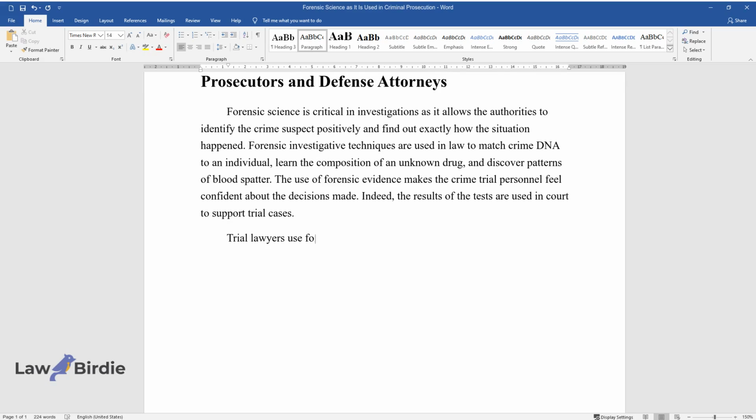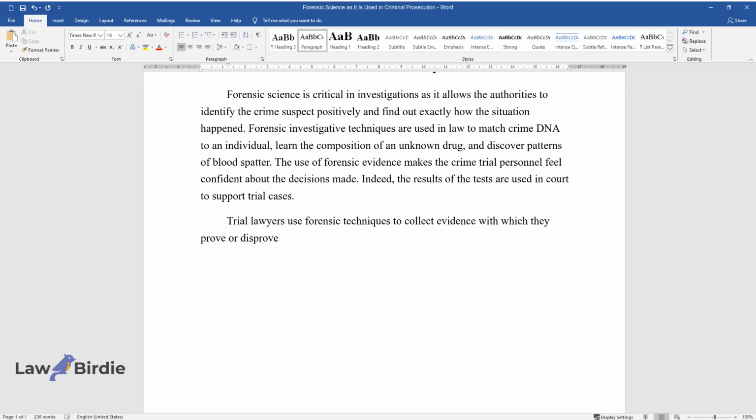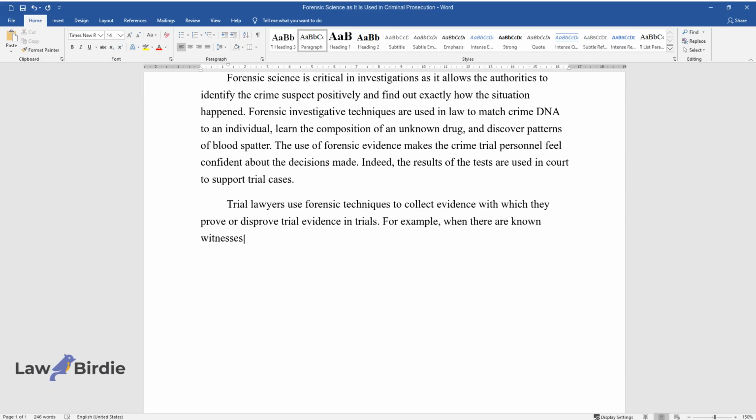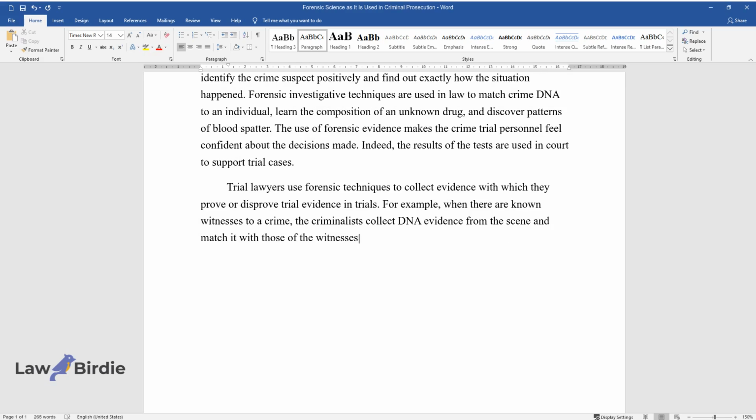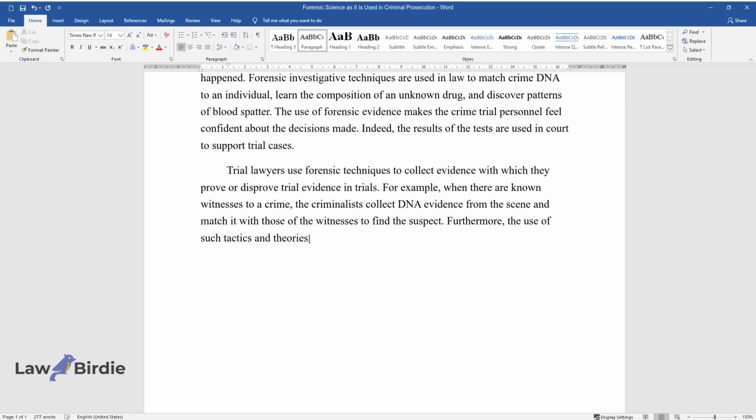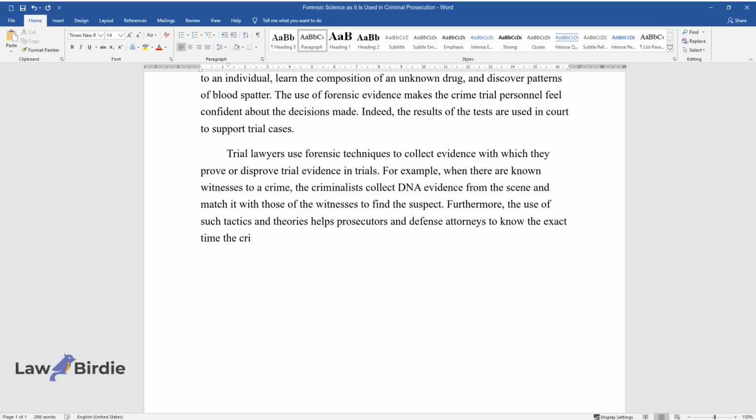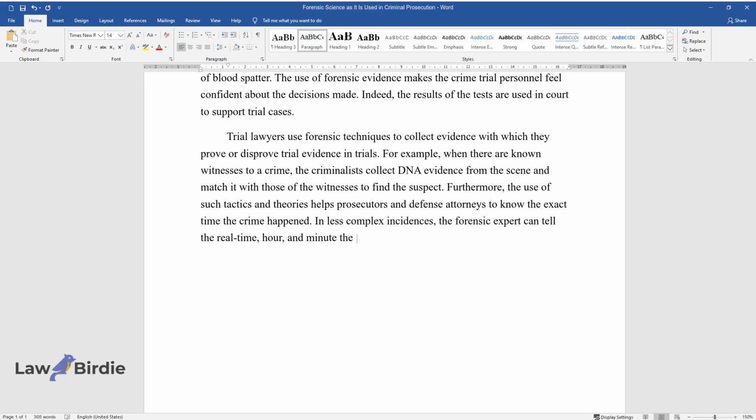Trial lawyers use forensic techniques to collect evidence with which they prove or disprove trial evidence in trials. For example, when there are known witnesses to a crime, the criminalists collect DNA evidence from the scene and match it with those of the witnesses to find the suspect. Furthermore, the use of such tactics and theories helps prosecutors and defense attorneys to know the exact time the crime happened. In less complex incidences, the forensic expert can tell the real time, hour, and minute the crime happened based